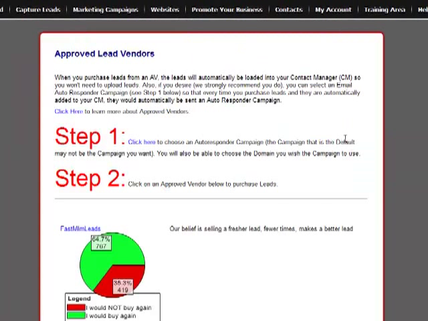Lead vendors. We have a couple different lead vendors. Well, again, it depends on what system you're viewing this on, and we call these approved lead vendors. That's what the AV term is for there. You can click on the link to learn more about approved lead vendors. But number one, what you can do is you can buy leads if this is available in your back office, and then